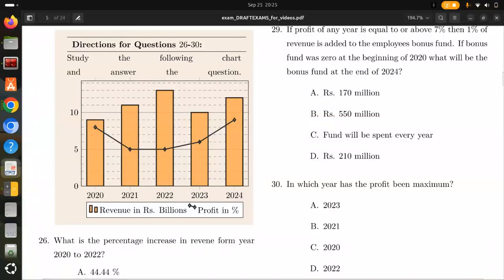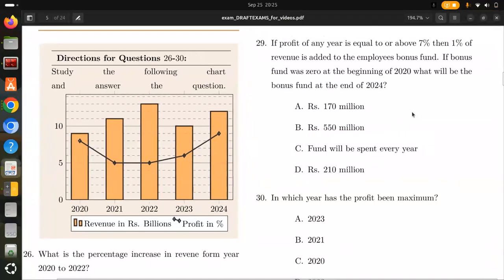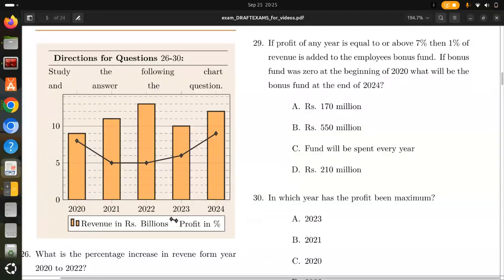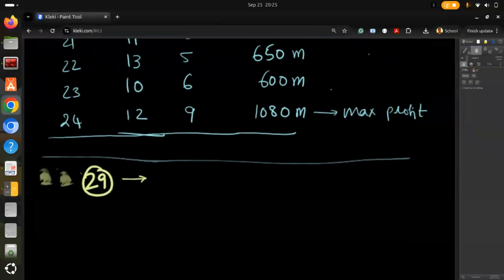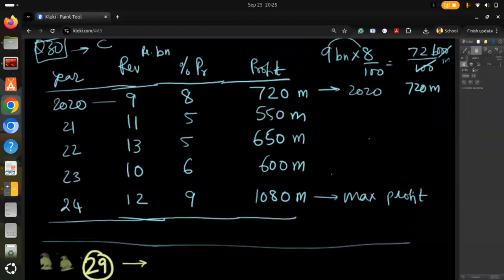Already there on the screen here, you can see if the profit for any year is equal to or above 7%, then 1% revenue is added to the employees bonus fund. If the bonus fund was zero at the beginning of 2020, what will be the bonus fund at the end of 2024? Okay, so first question is above 7%. Okay, so I think I'll refer to my table. So above 7% means